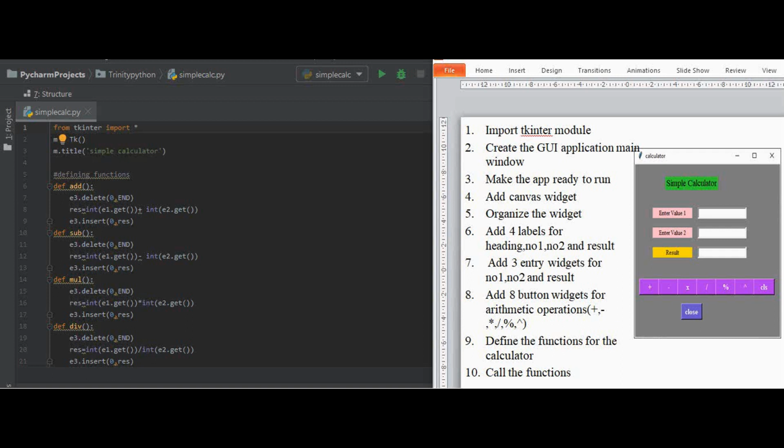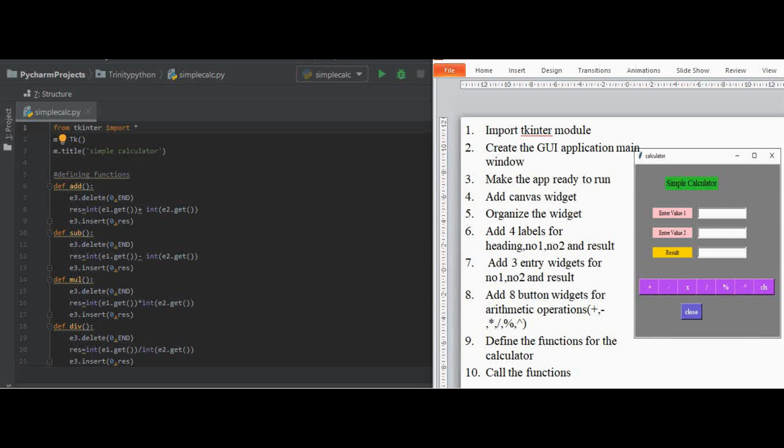In this video we are going to see a step-by-step tutorial to develop a GUI using Python tkinter. Let me give a small introduction about tkinter. It's actually a Python interface to the GUI toolkit. It is the standard GUI library for Python. When you install Python itself, tkinter is also installed, so you need not explicitly install tkinter.